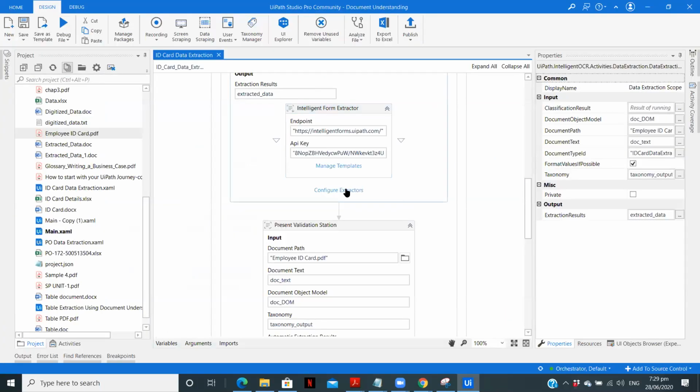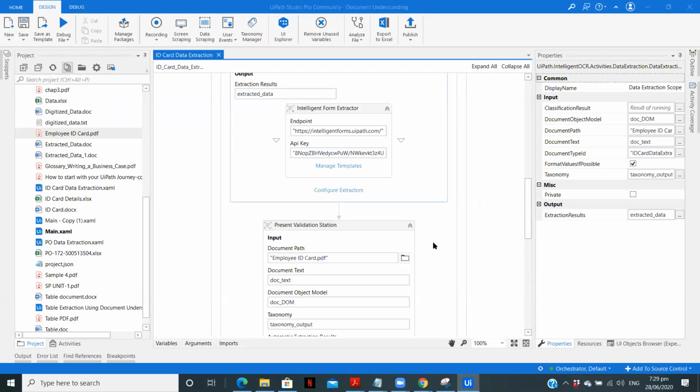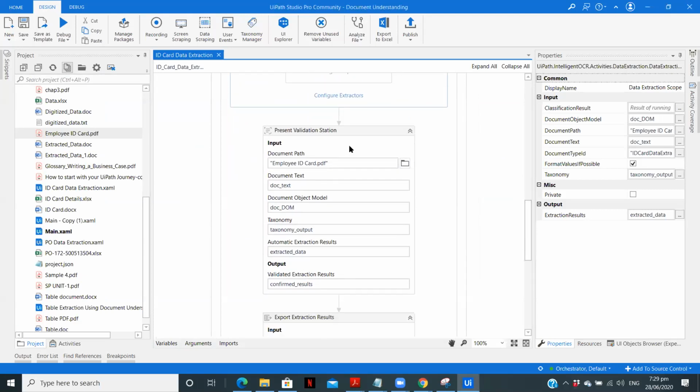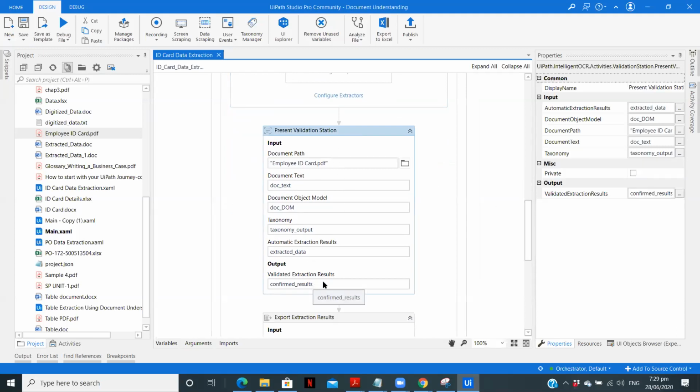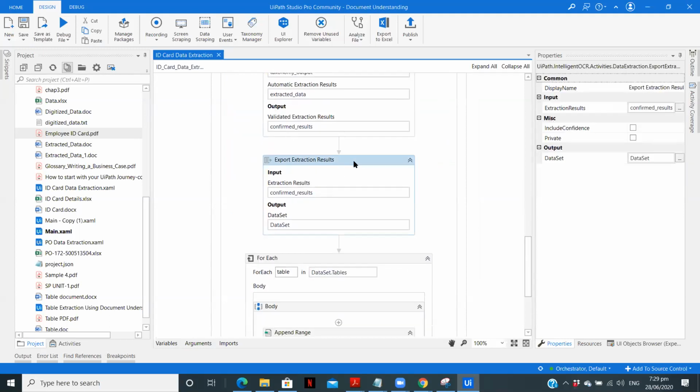Now configuring the extractors. In this, I'm using the employee ID extractor. Now, present validation. This is to validate the data which we are getting. Here are the confirmed results. The data we have got, we need to export it. So here we are getting the data set.